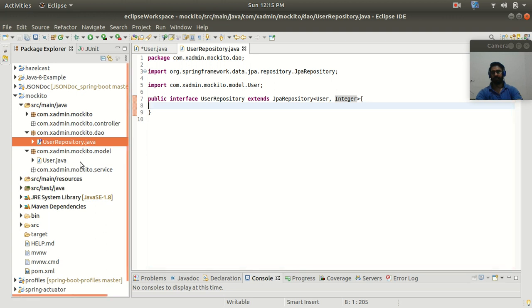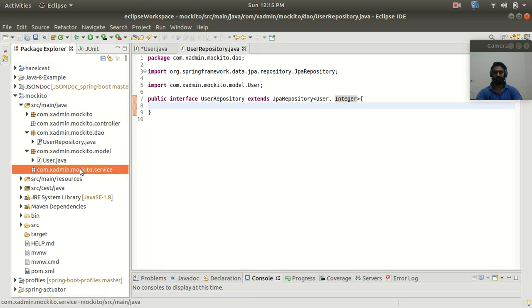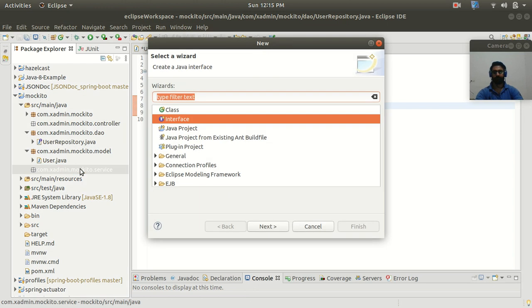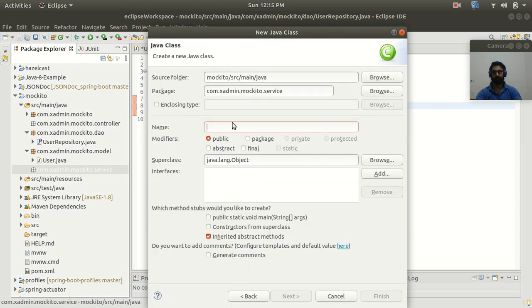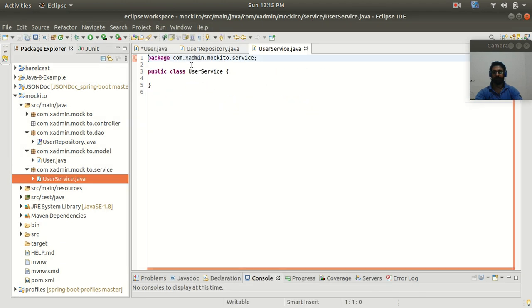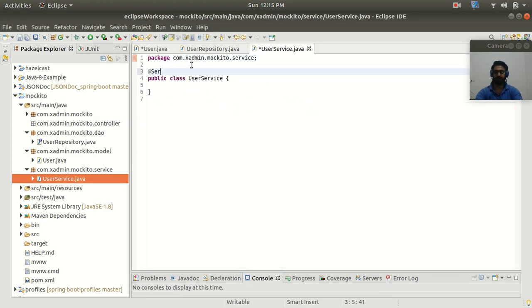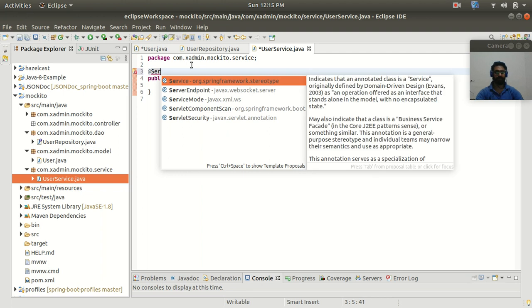Now let's add a service class. So user service. So this is my service class. So I will mark this class with a service annotation.